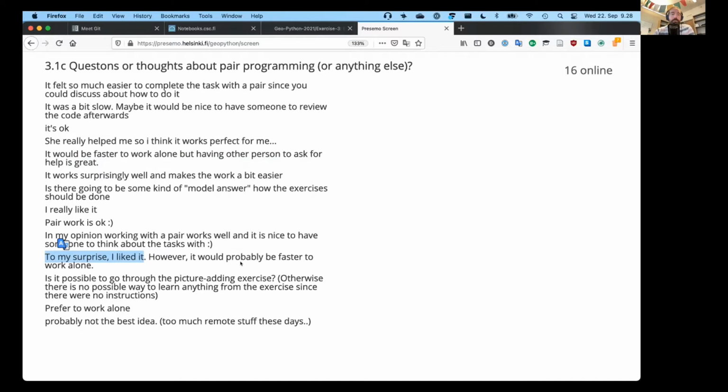So please try to remember if you're interested in this picture adding exercise, because I think we could do it, but it might be good to save it to the end in case we run low on time. I think that's basically everything. I see one more comment here about the Git question about if there's no model answer that's